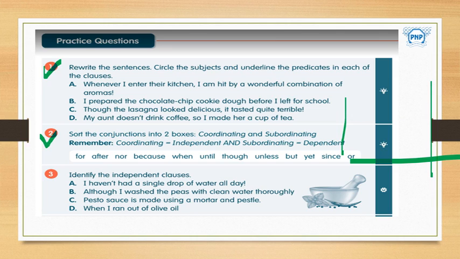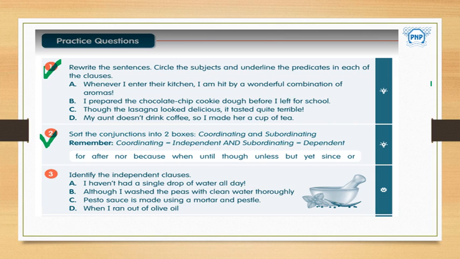So let's check. You have to remember one thing very well, students: coordinating is equal to independent, and subordinating is equal to dependent. When a subordinating conjunction is used, at that time that is a dependent clause. Correct. For, after,